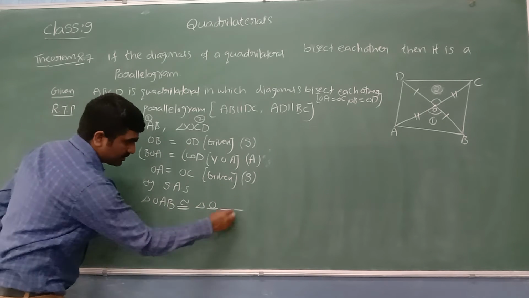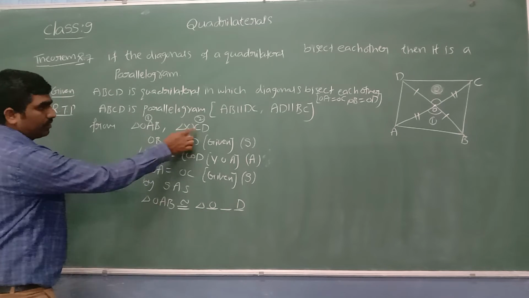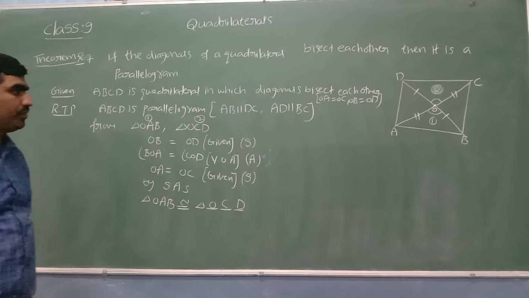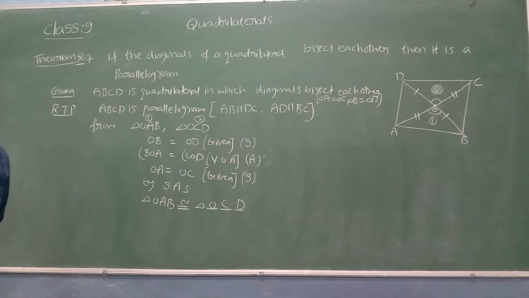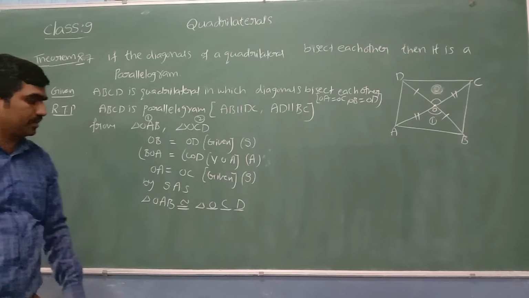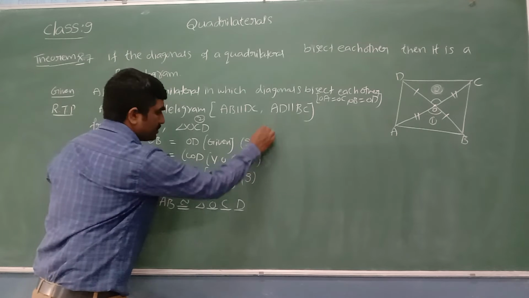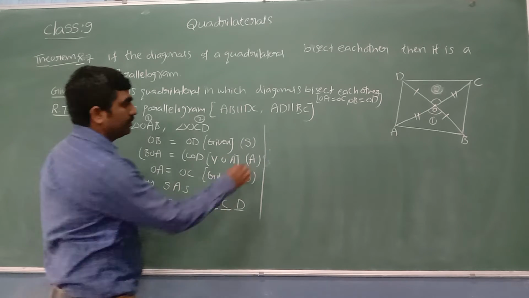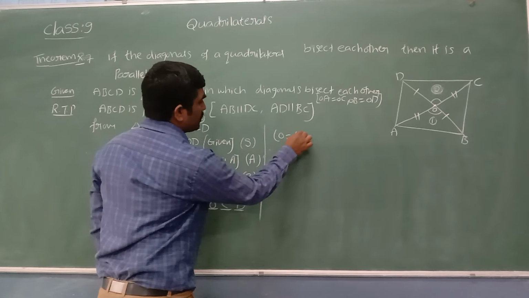OD also first last. Then other alphabet is C only. Yes. After symbolic form, we take corresponding angles equal by CD. Why angles only? Sir, if angles are equal, there is a possibility to say that lines are parallel. Yes. Now tell me the corresponding angles. Angle O is equal to angle O.